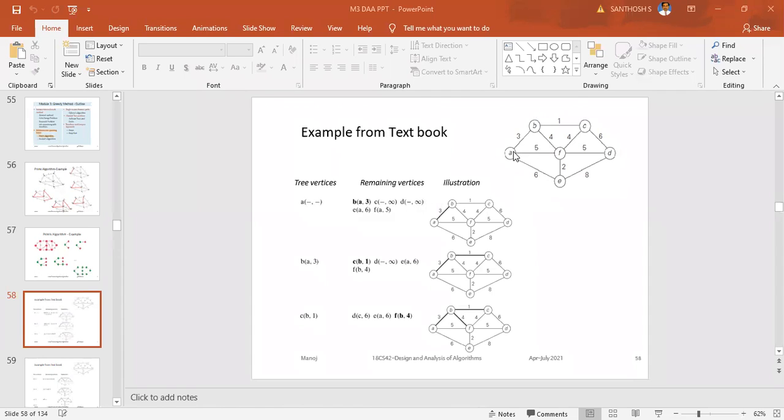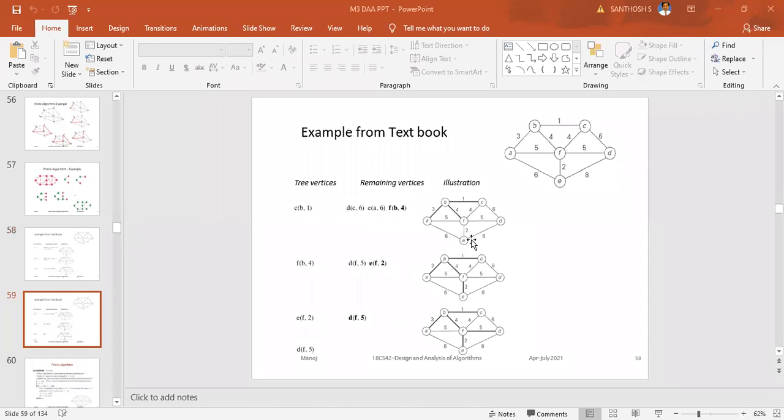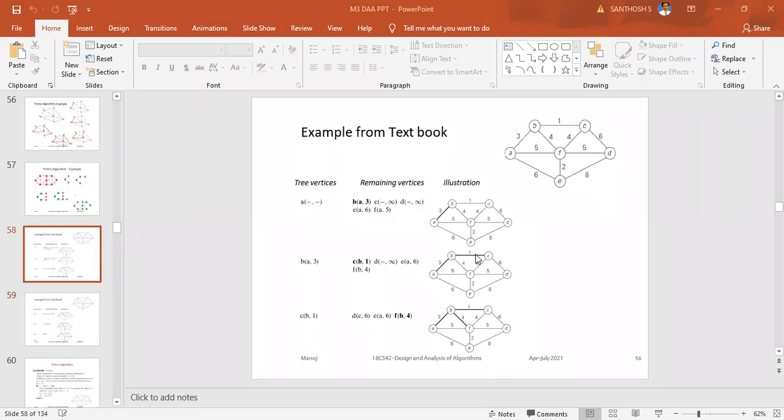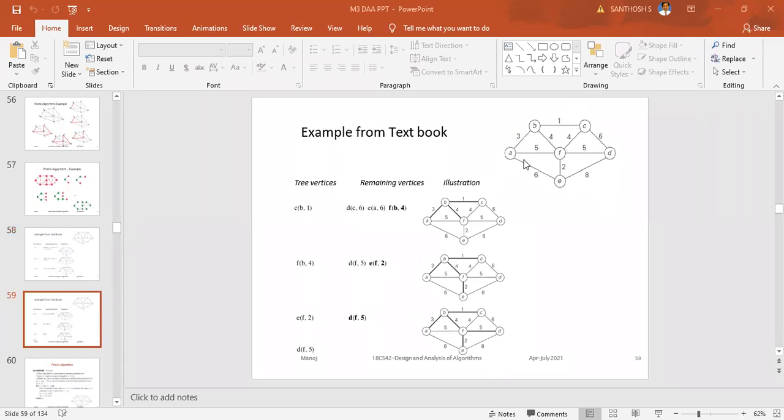Kindly go through. So source node we have taken as A, destination node is D. So which can be the destination node? The nodes are A, B, C, D, E, F. You have to go with the last one. This is the source, everything is connecting, and this is the last one you are having. D is the destination node.